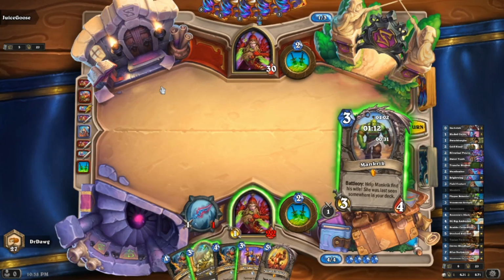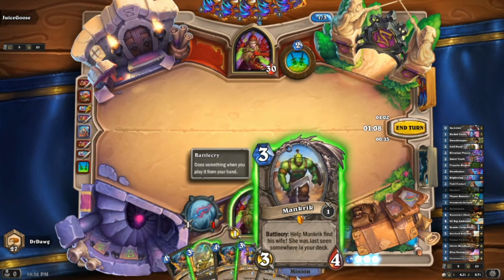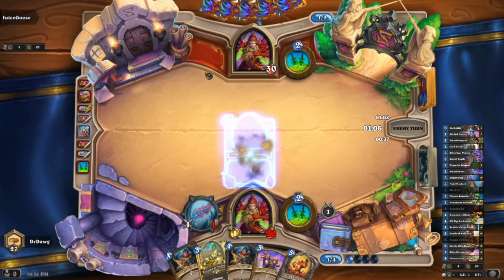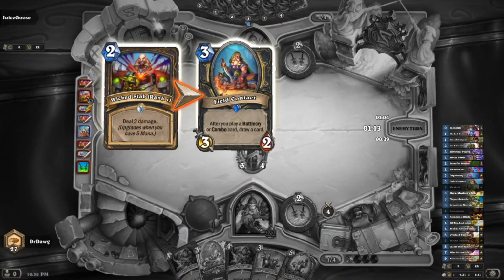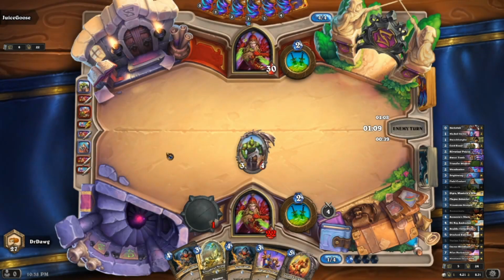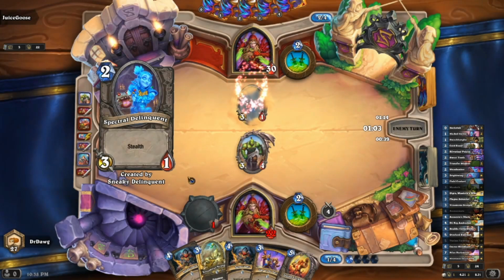So Wicked Stab is a legitimate card. I think it's played in some rogue decks, but it's a common, so not hard to get, especially if he's leveled rogue up. I don't remember exactly where you get that, but